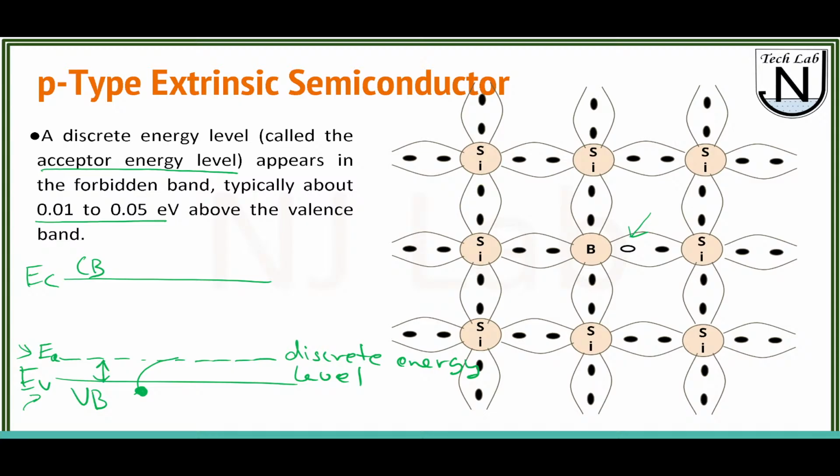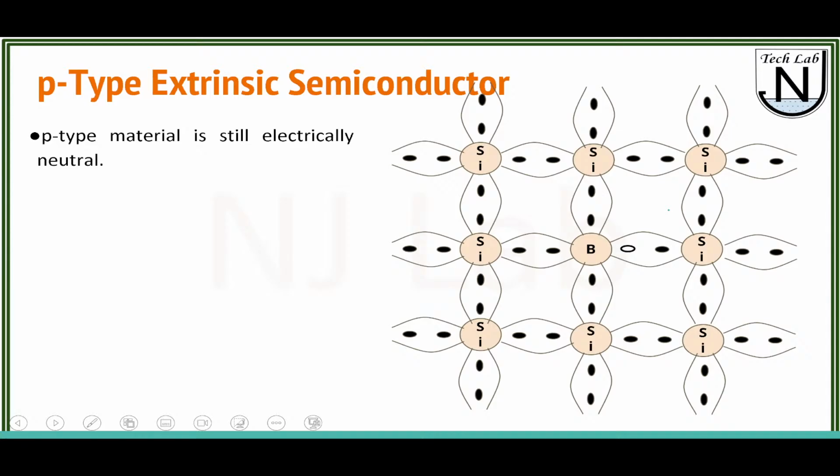So similar to the n type, p type also contributes to the current, but in p type the current is formed due to the presence of the holes. And similar to the n type, this complete material of a p type is electrically neutral. Why? Because if we just consider the boron now, or any acceptor atom,